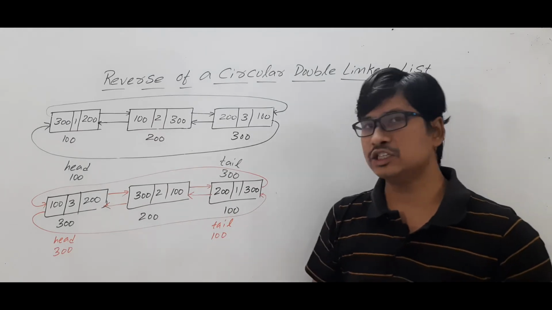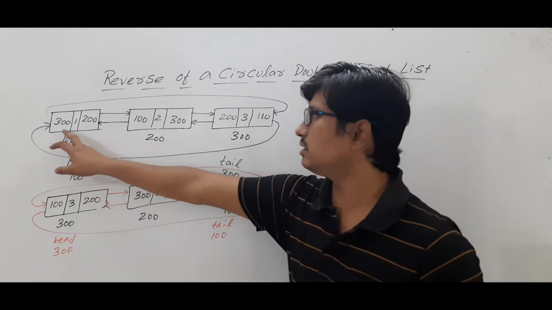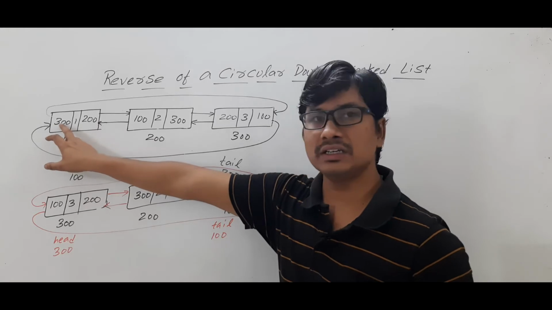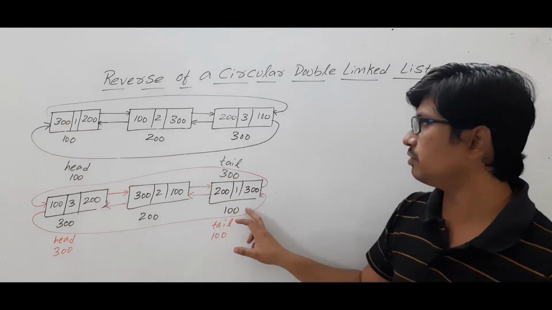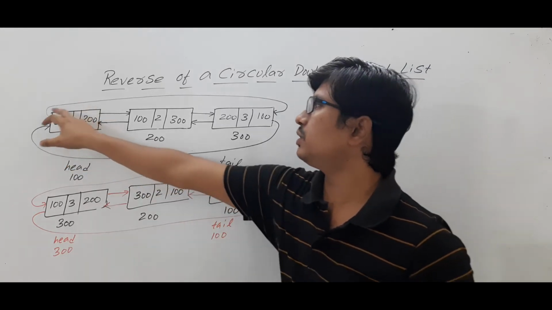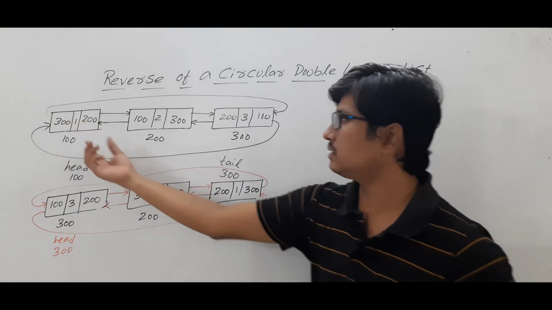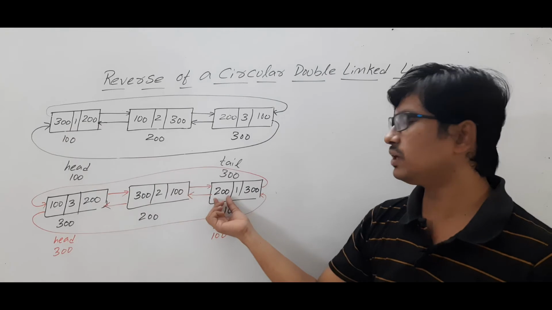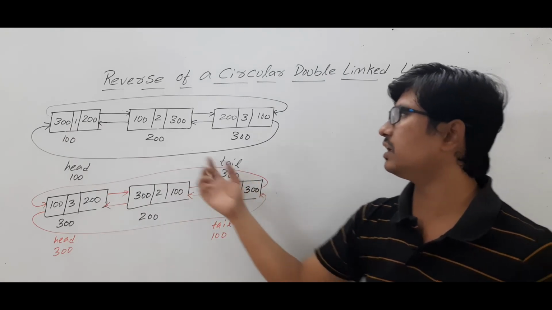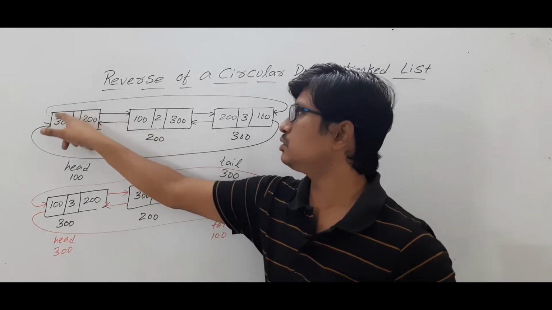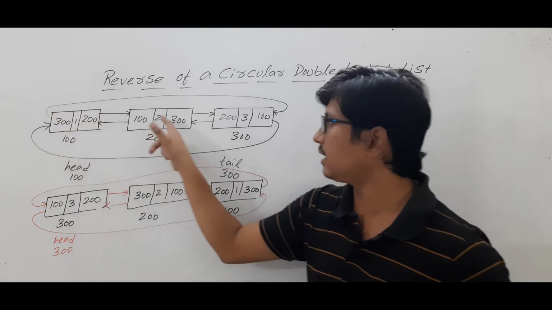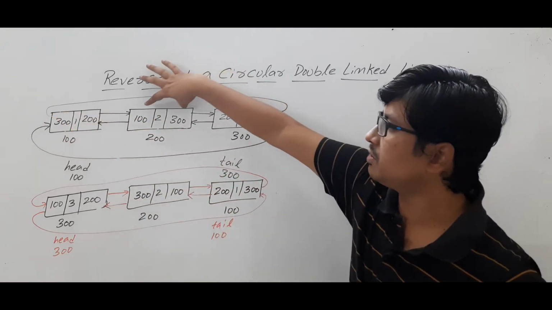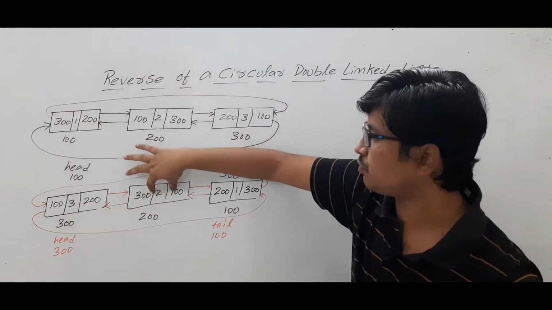Look at here, each node, if you look at, this is the node. Now look at what is happening. This node and this node, if you compare, this one and this one are swapped. Am I right? Look at here, you have 300, 1, 200. If you look at here, you have 200, 1, 300. It was reversed, meaning these two are swapped. Am I right? At each node, the address of the previous node and the address of the next node were swapped.